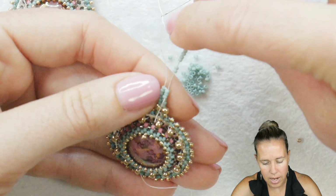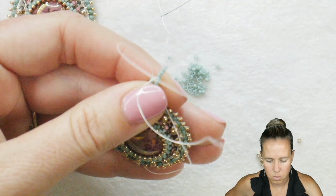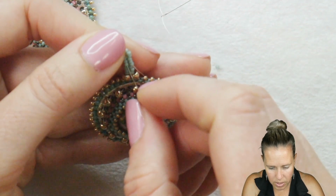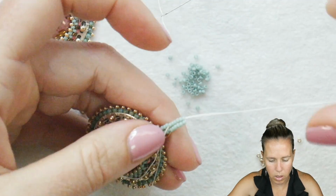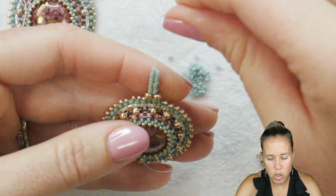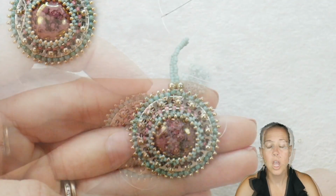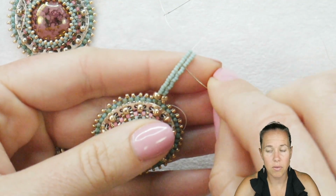So down through the last 3 beads there on the right-hand side. Let those beads fall over top, and then sew up through again 6 beads on the left-hand side, starting with the previous 3 and sewing through the new 3. I'm going to do this 2 more times, and then we'll fold that bail over and connect it to the back. So once you know that your bail is long enough, and I actually did 6 groupings of 3 here,